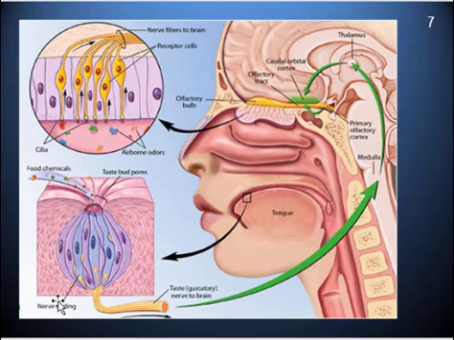Again, both of them are ultimately going to send information to the brain. So your tongue is going to send information up into the brain. This way, your nose, the smell will go up in here into your sinus cavities and will ultimately be detected here. Here's that olfactory bulb that I mentioned earlier that's actually fairly small in humans, but is huge in rats. And then ultimately that information will get sent to the brain as well. They get processed in similar areas in the brain. We'll talk about that too in just a second.